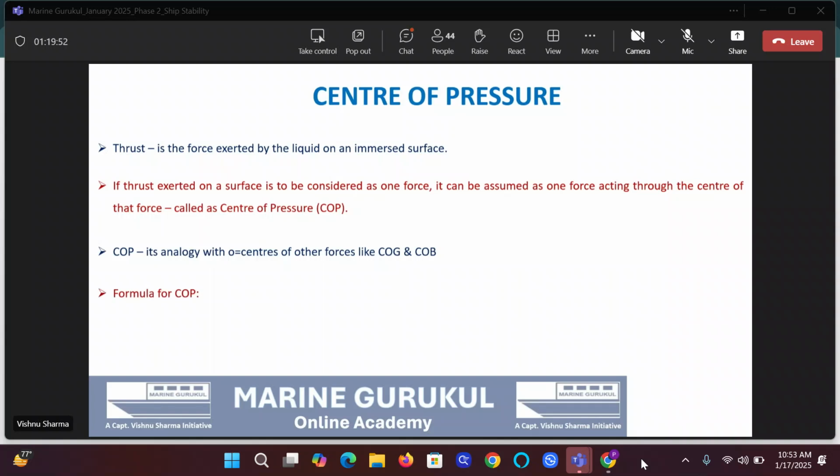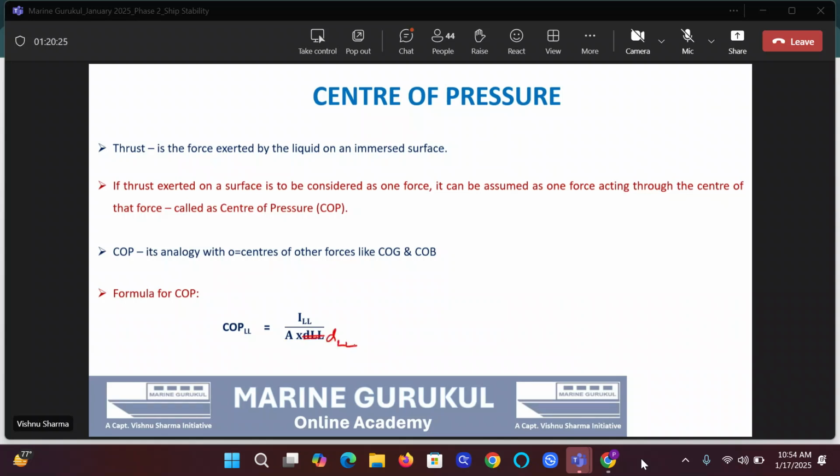Now, guys, as far as the formula for center of pressure is concerned, its derivation is not part of our syllabus, but if you are interested, it is there in Derrick's stability book. Anytime later on you want to see, I can share the source where the derivation can be reached. What is the formula for COP? The formula for COP is this. This is actually in subscript LL,